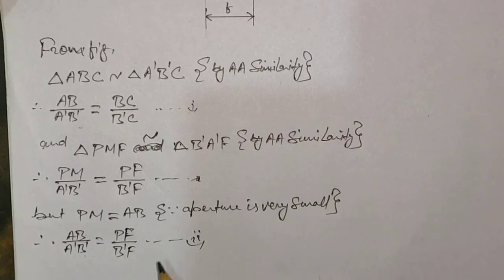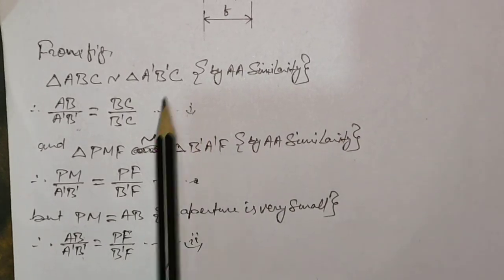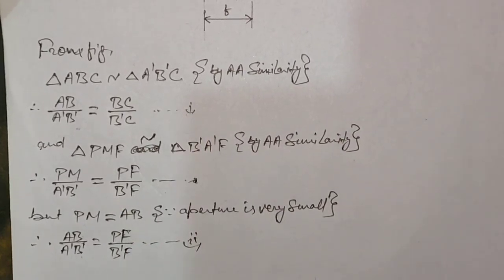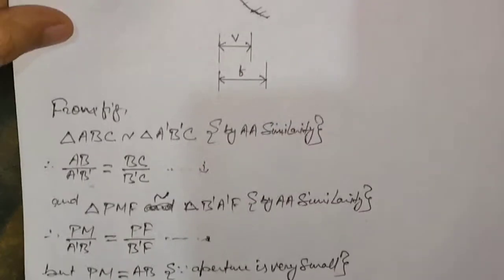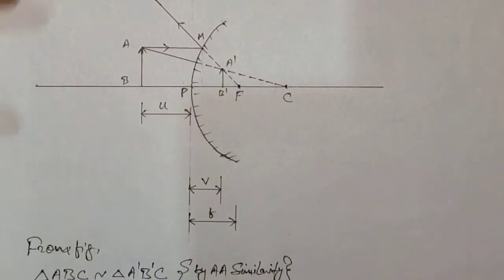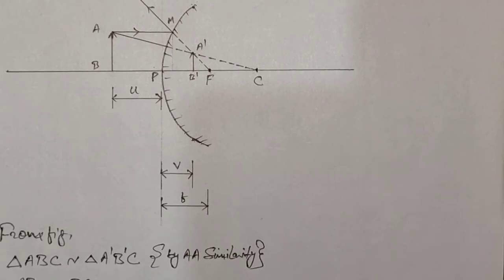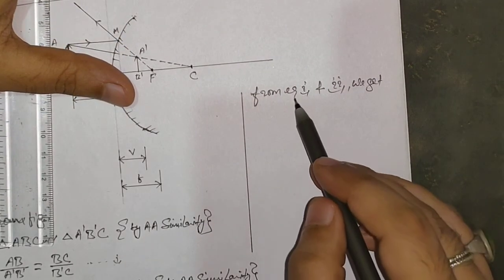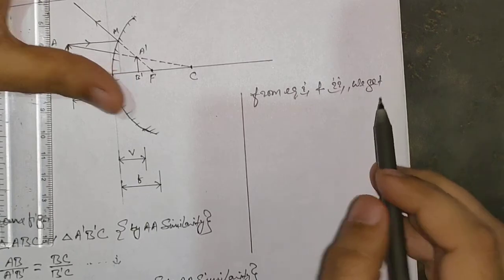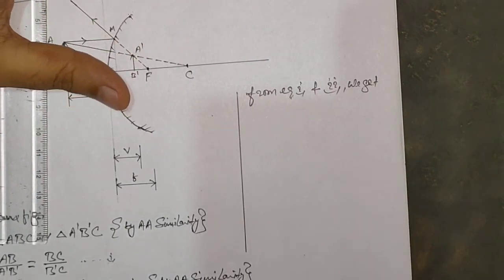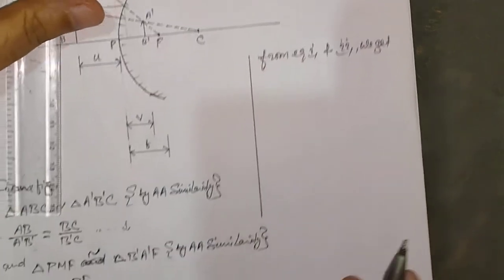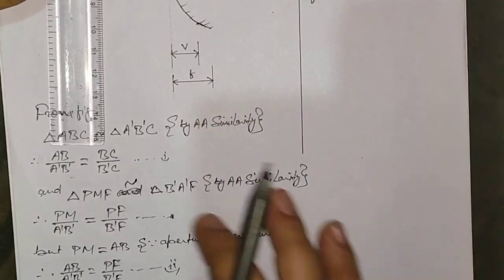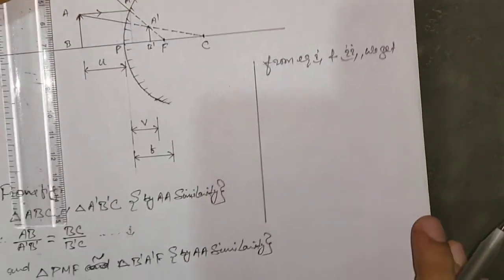So let us equate it and just replace the values with u, v, f, and we can easily get our required results. So I'm going to do that one. Okay, now a simple mathematics we are going to apply. From equations 1 and 2 we are going to get the RHS parts equal to each other. So you can see the RHS parts are this. So I'm just writing it for you people.